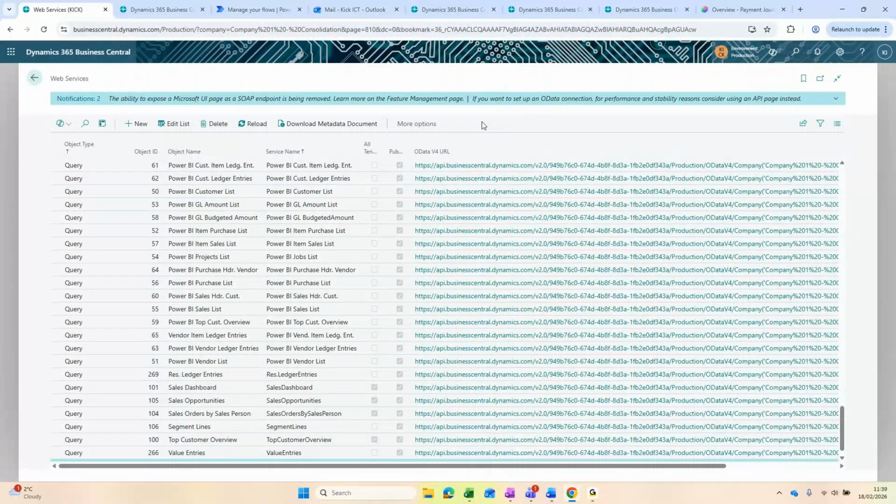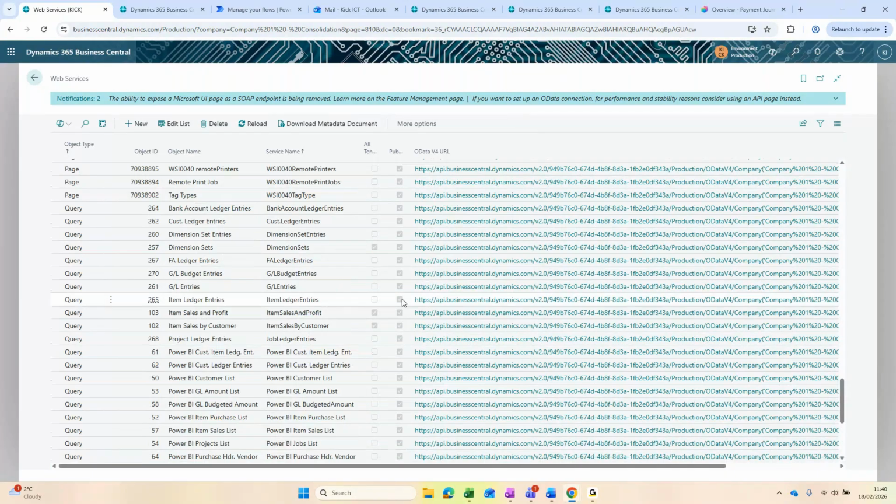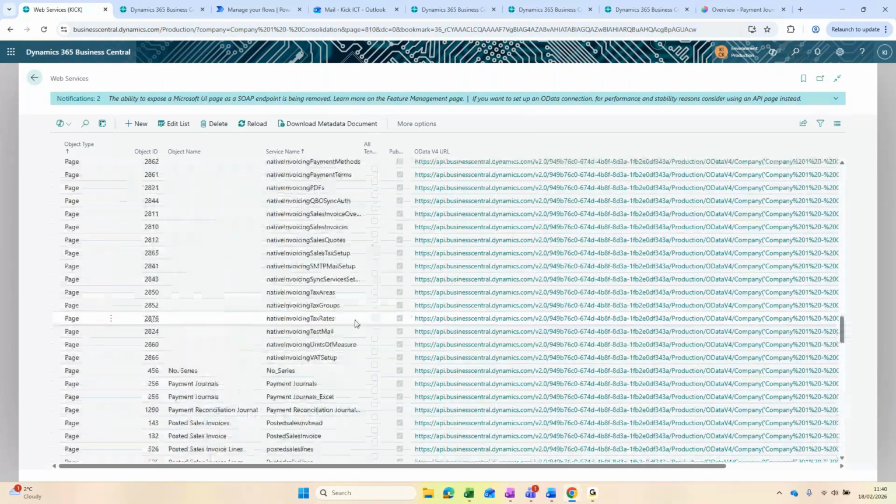We've got the different APIs here. So these are queries or segments of data or specific tables which we have decided we are going to surface. So we've surfaced these within Business Central for the purpose of creating API integrations. We can see that these relate to pages, and we've been able to pull these up so that